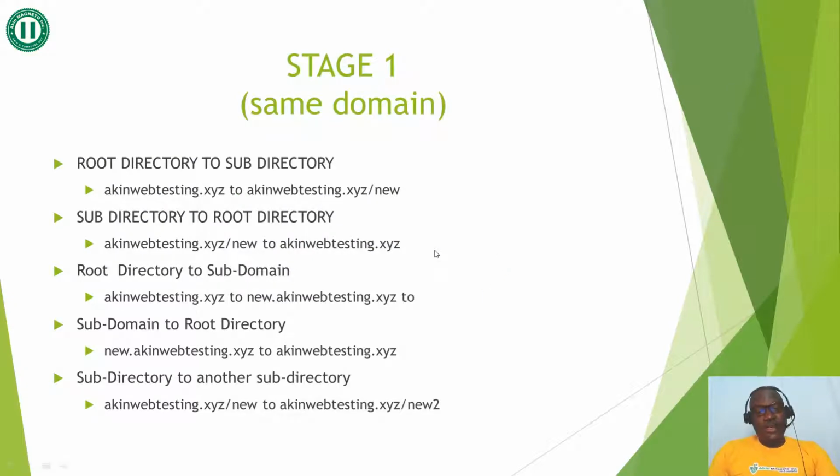This caters for migration which is on the same domain. That means you are moving a file from a specific root folder. If you have a website called domain.com, that is your root directory. You have a subdirectory when you have a forward slash and some alphabets or numbers are used. An example of a root directory is akinwebtesting.xyz, and an example of a subdirectory is